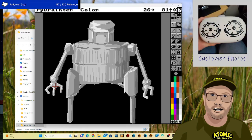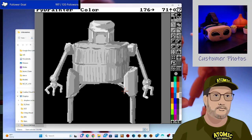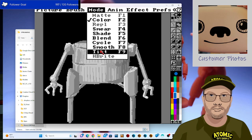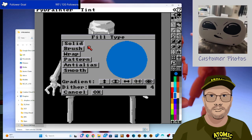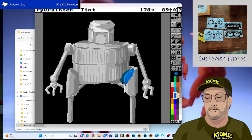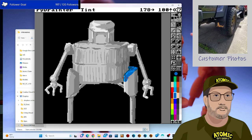Why did I pick so many colors and I'm only using 5 or 6? I don't know. I mean, I could use more if I want to. I wonder how the new tint mode works. Not particularly well. Oh, that's better. Do something with Bill. Okay, now I'm looking at my...